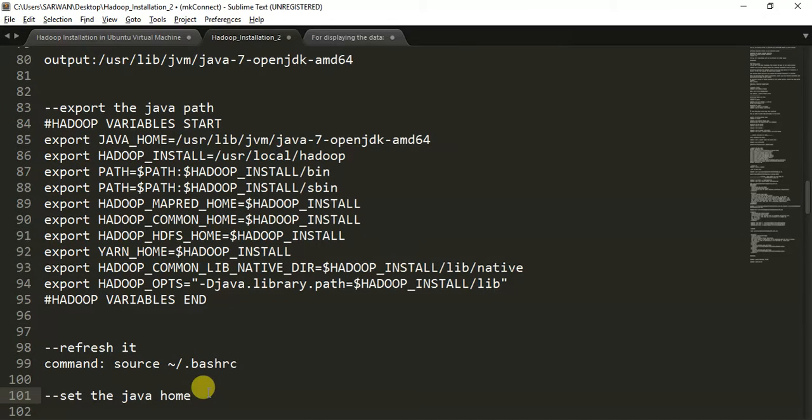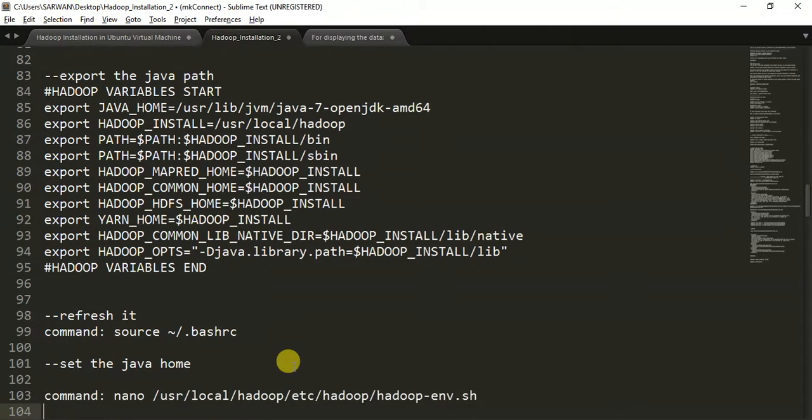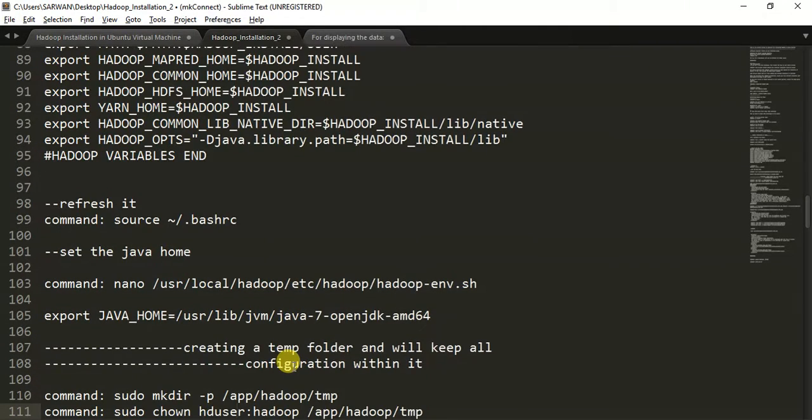Once done, we need to set the path. So for refreshing whatever changes we did in the bash file, you need to execute source bashrc as a command. The next task is to set the JAVA_HOME,